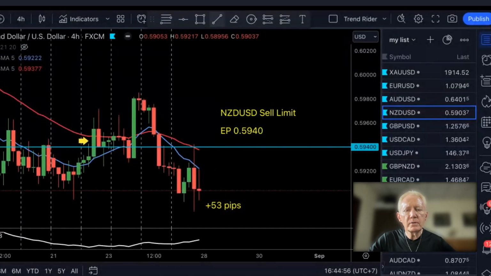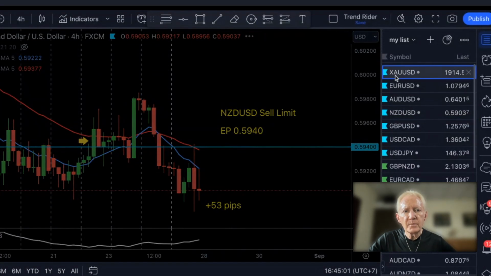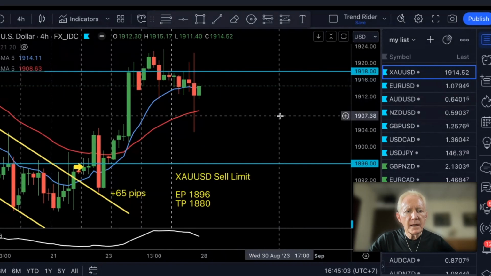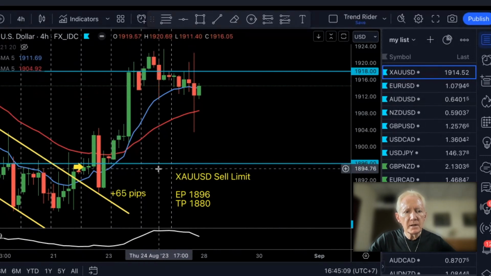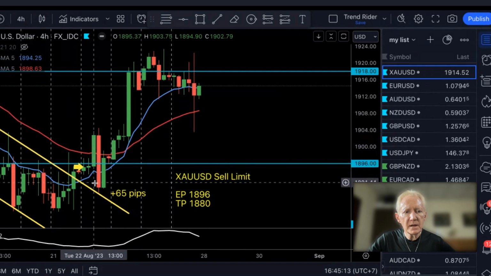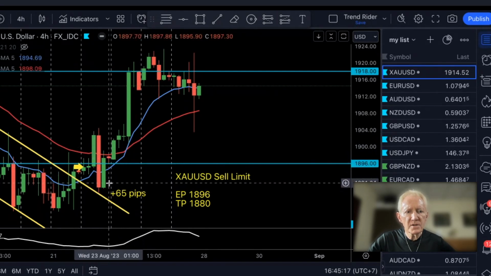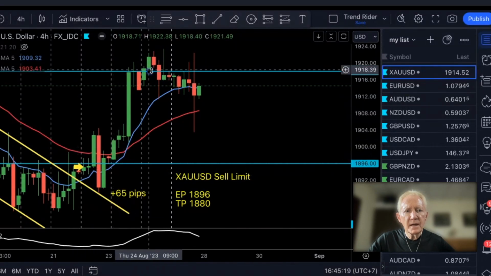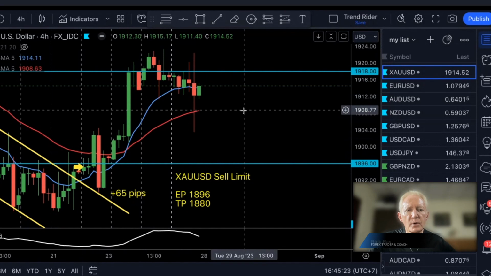So let's jump over to the chart here and see what it was that I shared with you, and start off with gold. These are the trade setups I shared with you last week. On gold, we had a sell limit, and it did execute, went a little bit the wrong direction, but then came down and gave us just a measly 65 pips before deciding to go up midweek, quite a lot up to the resistance zone that we have there around 1918, 1920.